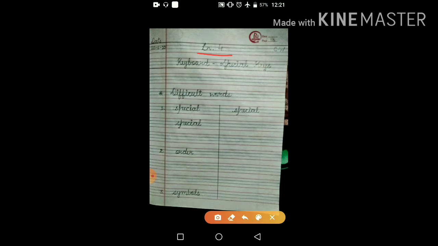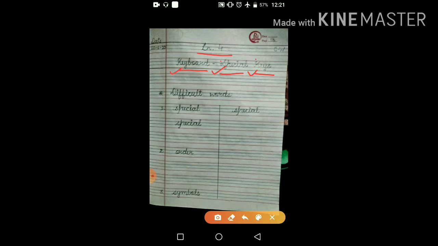Then in the second line write the lesson name, that is Keyboard dash Special Keys, in very neat and clean writing, and the lesson name should start with a capital letter, like I did here. K capital, S capital, K capital. Same way you will do in your copy.